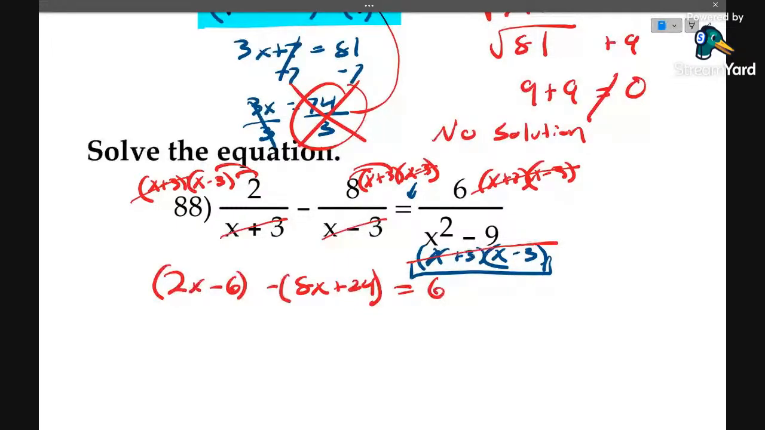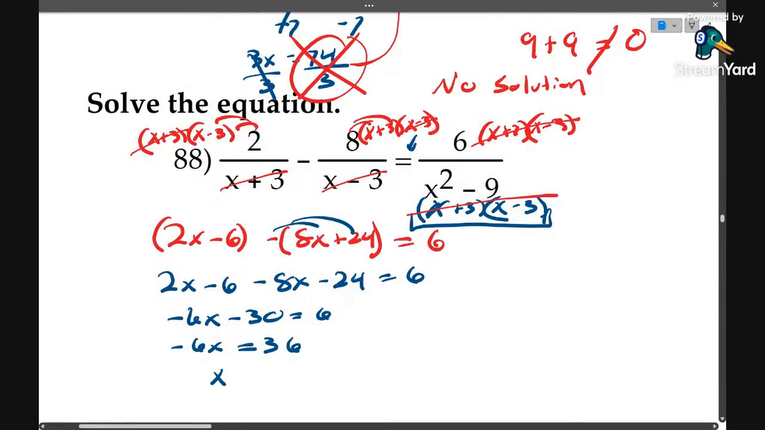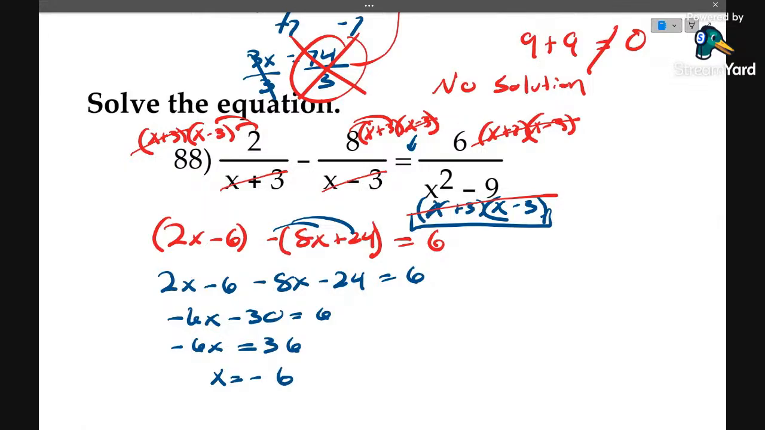So now we can go ahead and simplify and solve the resulting linear equation. Make sure you distribute that negative. Negative 6x minus 30 equals 6. Negative 6x, we add 30, gives us 36. X equals negative 6. Just like with radical equations, rational equations can give us extraneous solutions